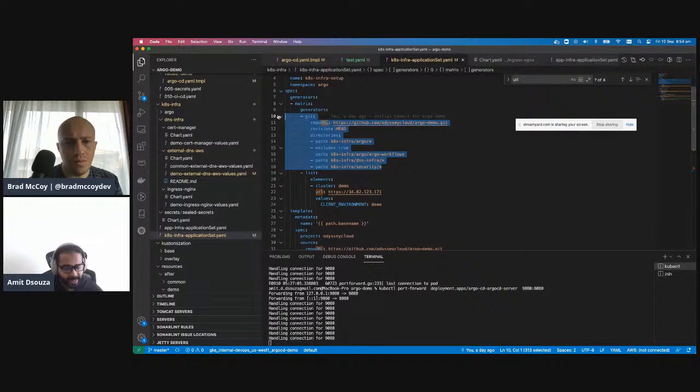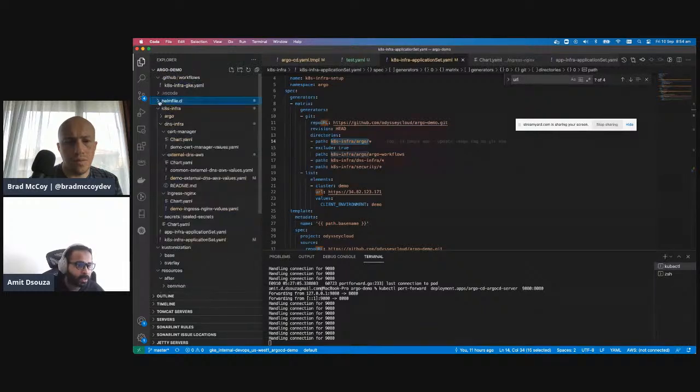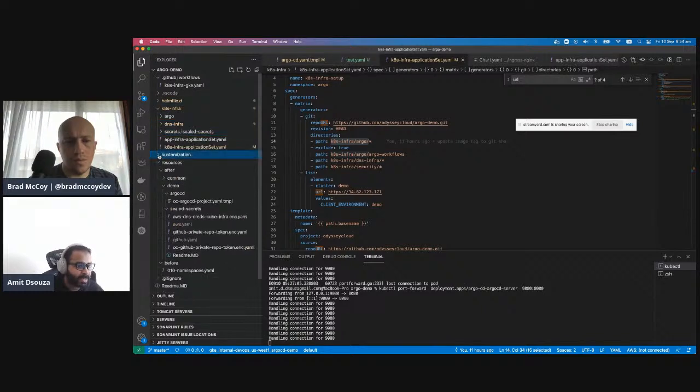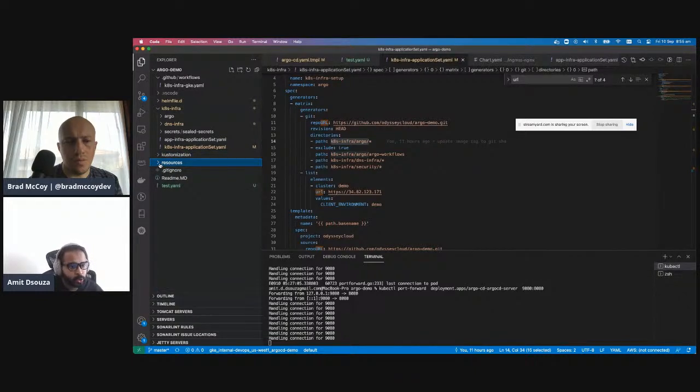Now, to first cover the Git generator, assume you have a polyrepo and you have a couple of different applications you want to install. How do you do that? The first thing is you mention where your Helm chart is present. So here, for example, I have mentioned k8s-infra Argo. After Helmfile has finished installing Argo CD, Argo CD has the setup, but it needs to first install the application set. So once you apply this k8s-infra application set,